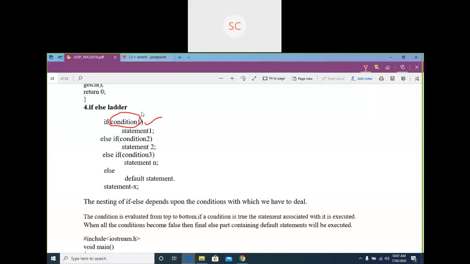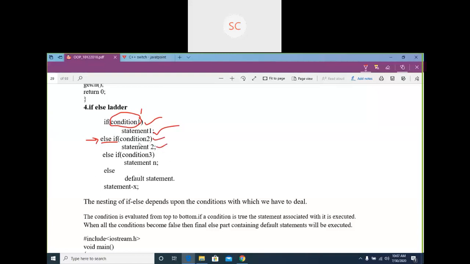If condition one is true, this block of statements is going to execute. If this condition is false, then you will move to the next statement, that is else if condition 2. If this condition is true, this block of code is going to execute.